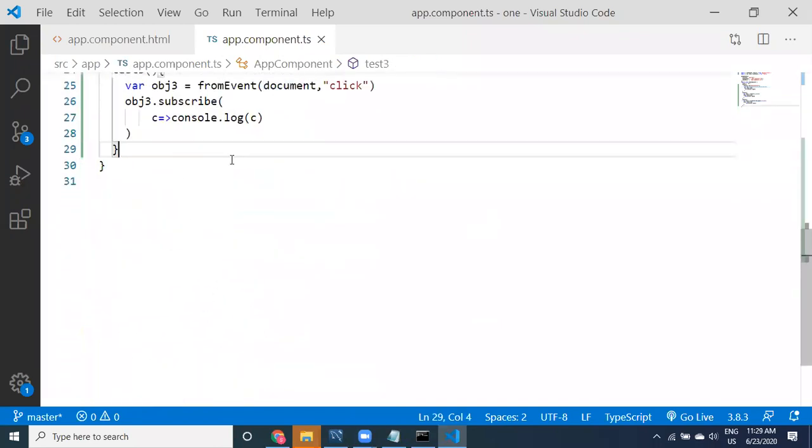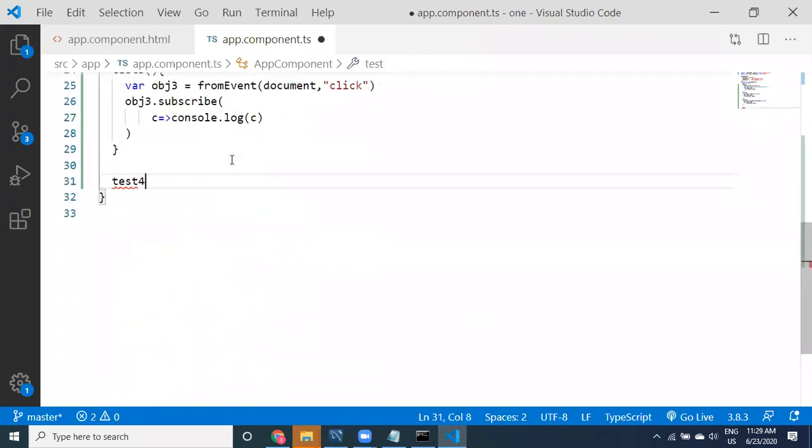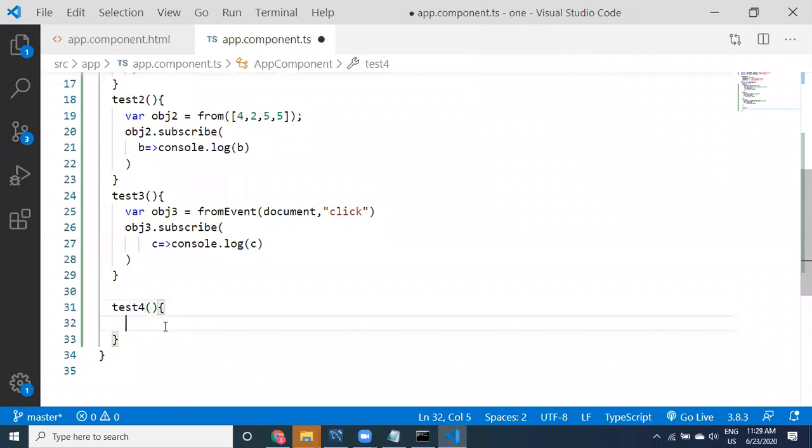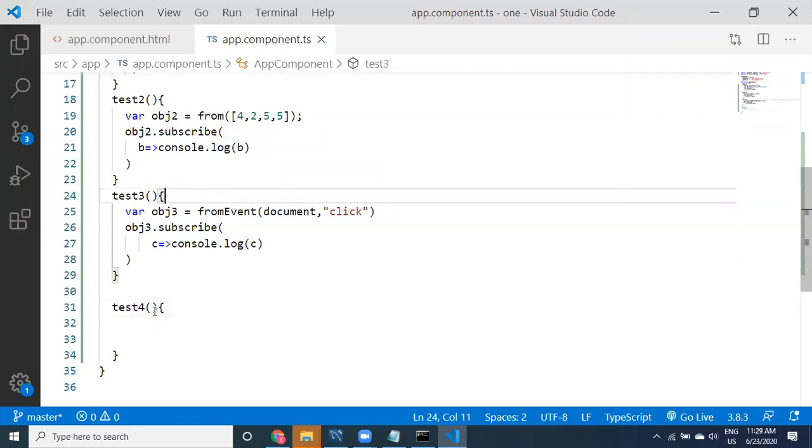Let us go to test4. Okay, see, this is going to be the test4.